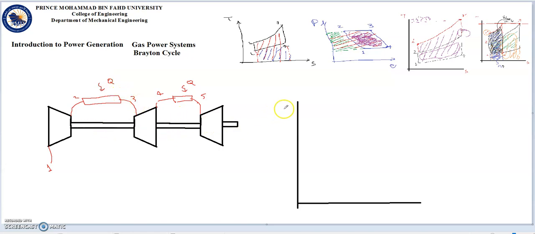So let's look at this process on the TS diagram. So we have the compression 1 to 2, the first isobaric heat